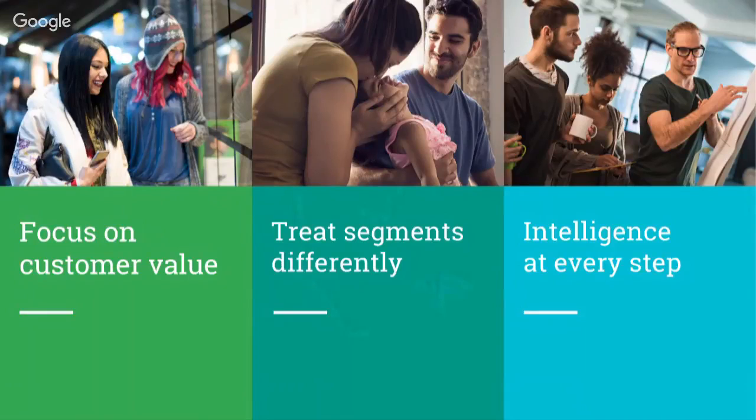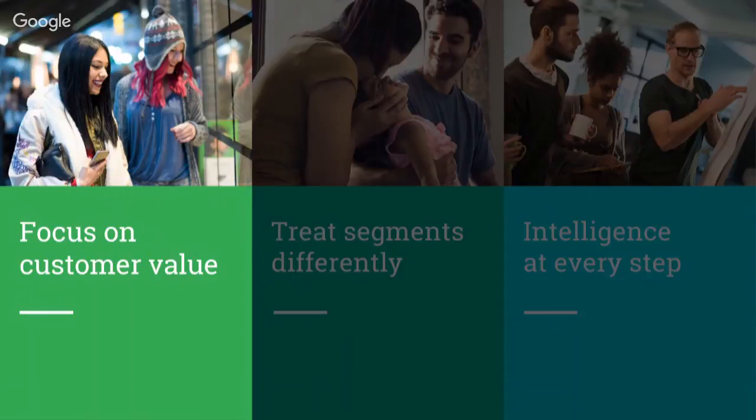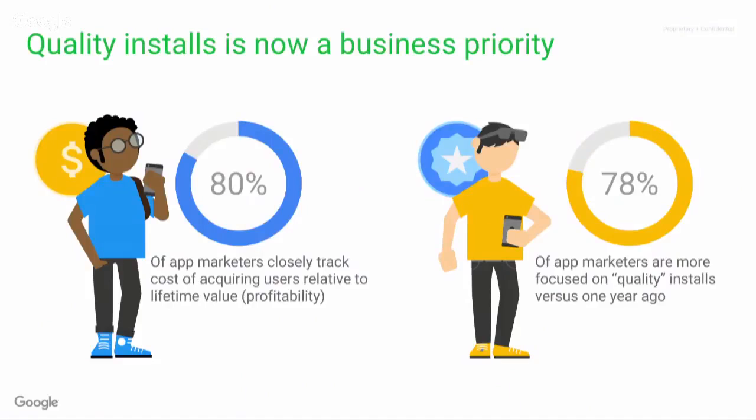The second piece is really this idea of treating segments differently, and that's how you tailor your message so that you can increase the value or drive even more valuable customers in acquisition. And the third one is this idea of intelligence at every step of the journey. So not just thinking about acquisition, but really how you optimize the entire customer journey. And we'll talk a little bit about each of these pillars. So thinking about customer value first,